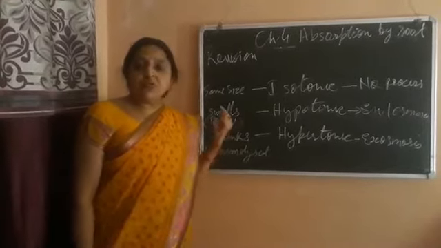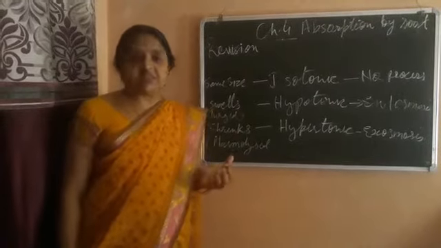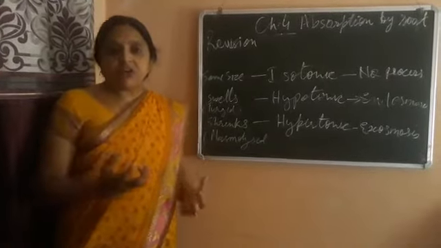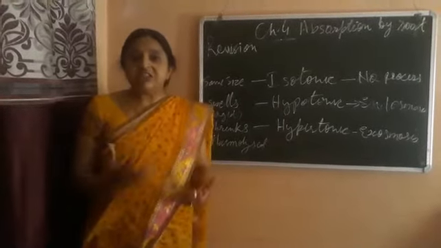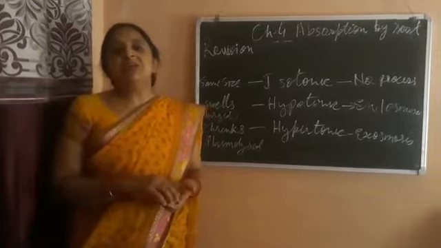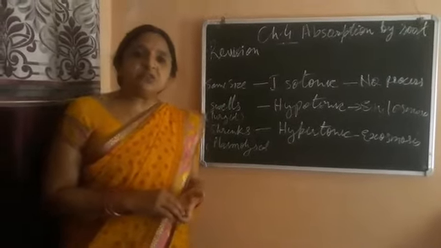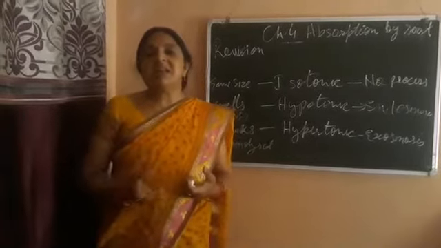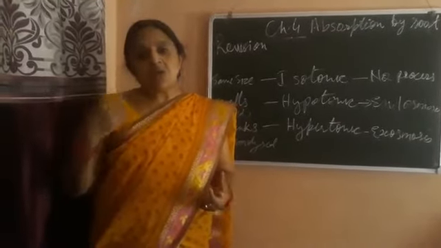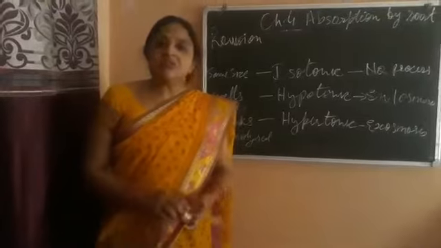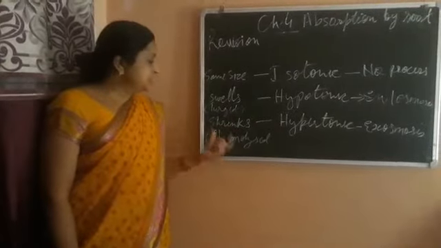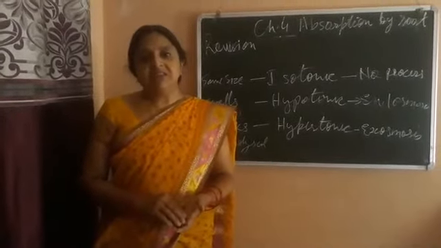These terms you have to know: what is turgid, what is plasmolyzed, what is flaccid. Turgid means swells. Because of the endosmosis, the cell absorbs water, swells, and becomes turgid. Now next is the hypertonic solution. Hypertonic solution means when the cells are kept in concentrated sugar solution. Means water concentration is more inside the cell as compared to outside the cell, and in such condition water moves from the cell to outside, so exosmosis occurs, and because of exosmosis the cell shrinks, and that condition is called plasmolyzed condition or flaccid condition.